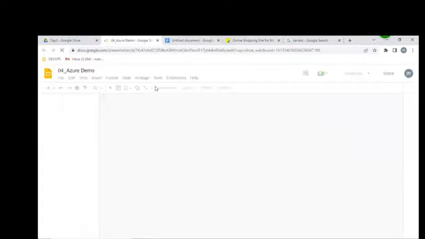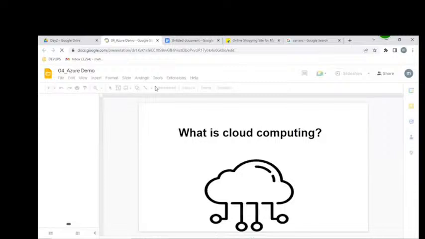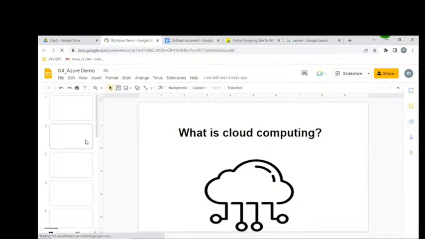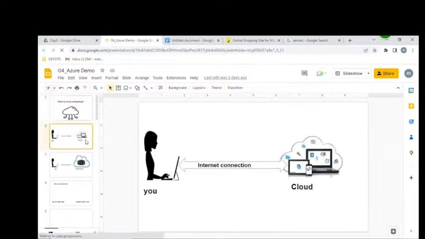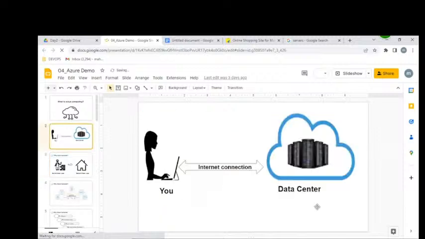So what exactly is cloud computing? If you can access remotely placed resources over the internet from your laptop, that is cloud computing.